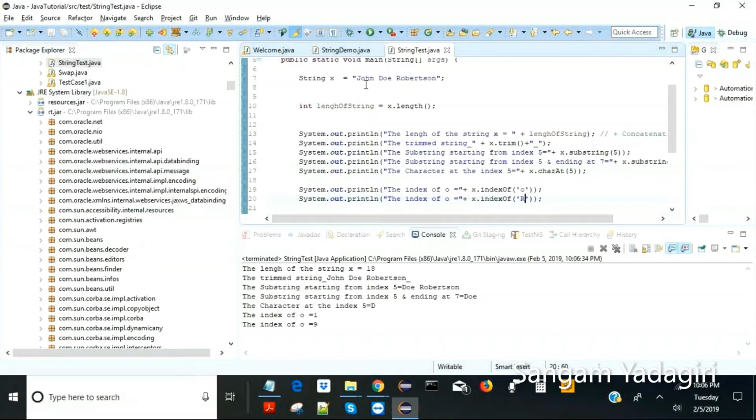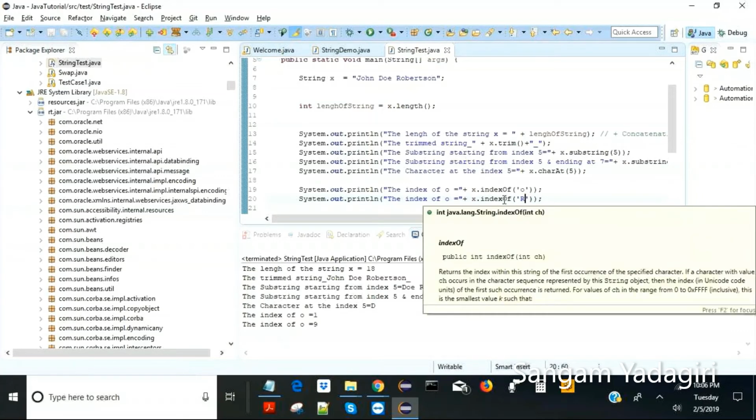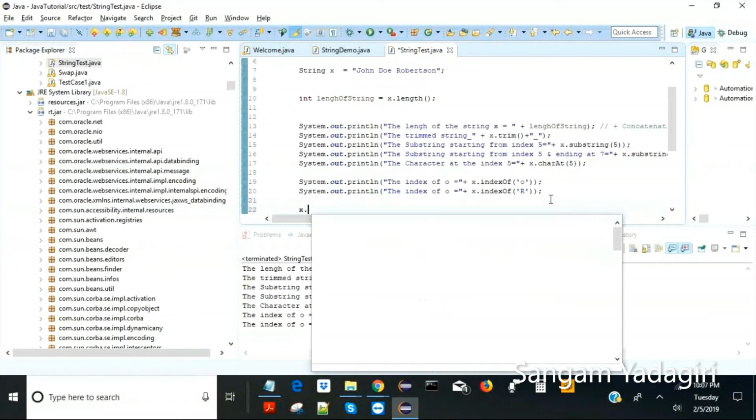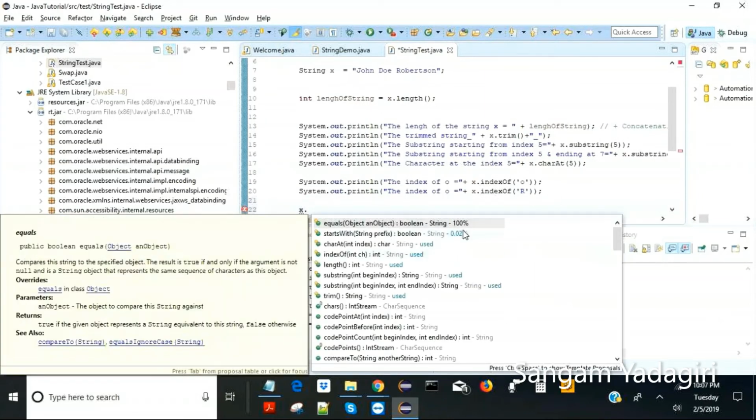So the reason I asked you is, can you understand manually first, then understand what the significance of this function is. So if you get a query like you have to get an index of a particular character, you have to know that you have to use a function called indexOf. If at least you know a certain part of it, you can still get the job done. So if you don't know, then all you have to do is